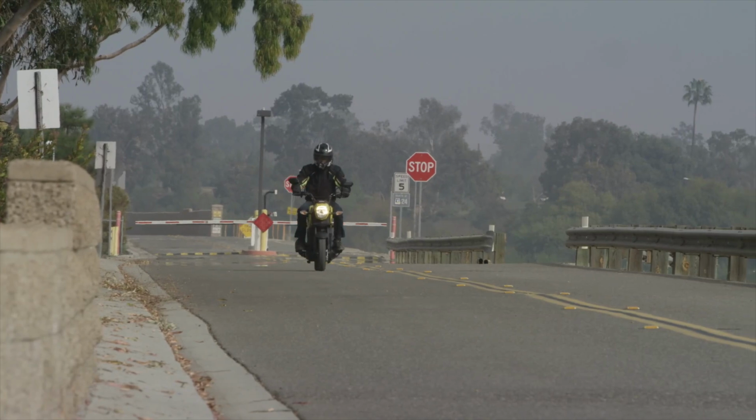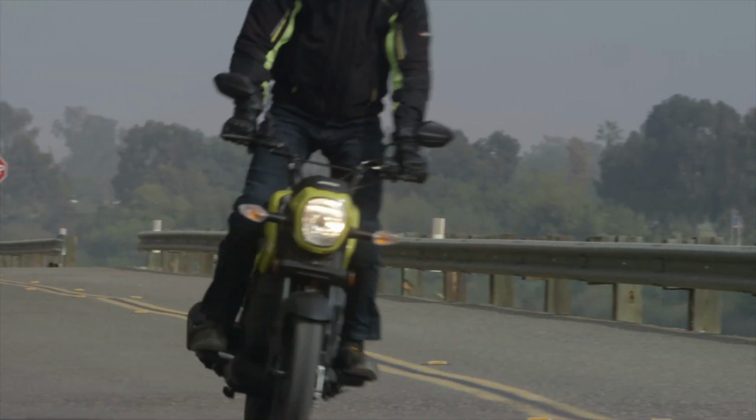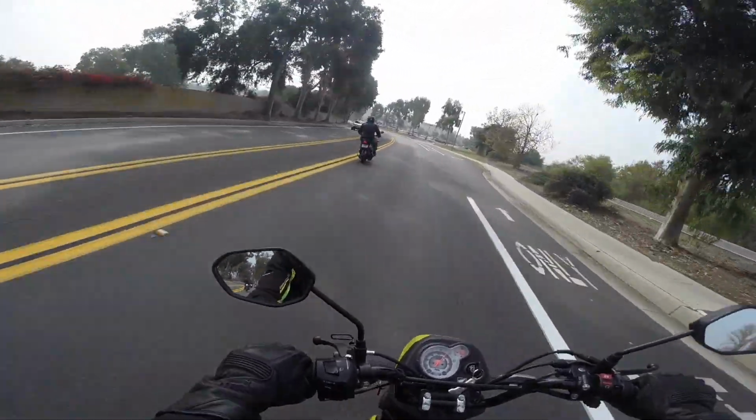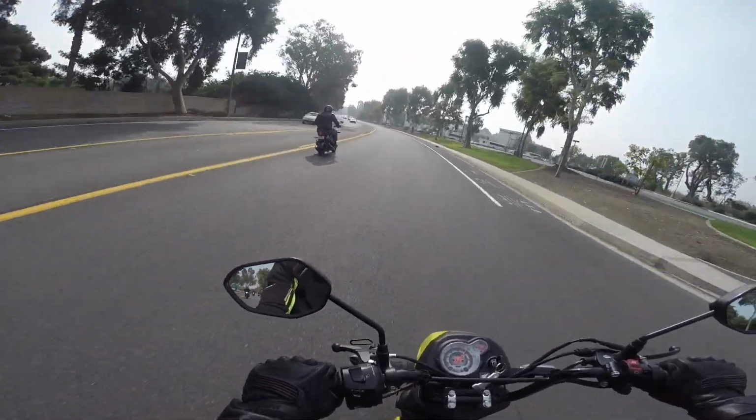But despite the scooter powertrain, the Navi feels and rides like a proper motorcycle with pegs that you can weigh in order to guide the bike where you want it to go. It handles well in curves and can even carry a passenger. I found the top speed to be anywhere between 45 and 50 miles per hour, which is 72 to 80